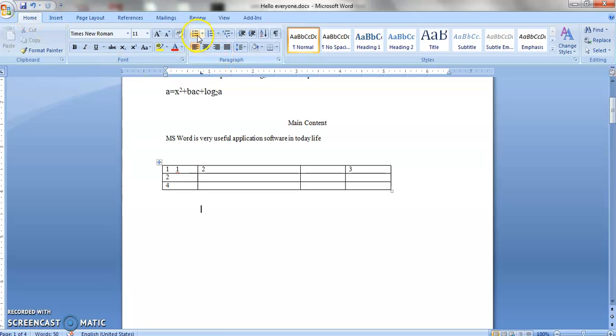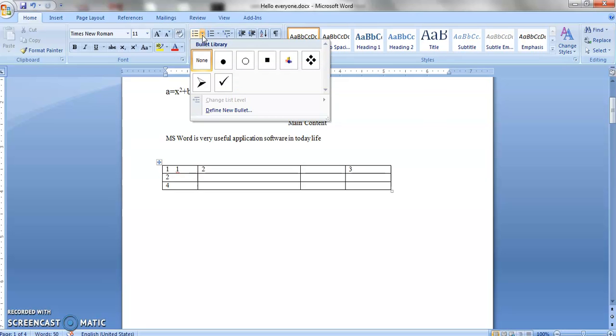We have to select the bullet list. So this is a bullet list. We don't have to select this one. We have to select the drop down menu. So we will select this drop down menu, and a variety of bullets are available. So you can select any bullet which you want. So suppose I want this rounded bullet. So I will select this one and then click this one.